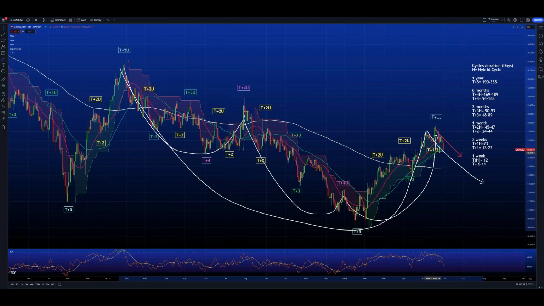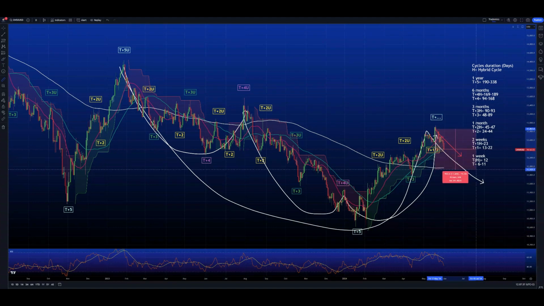Because in order to generate a T plus 5, we need at least a T plus 3 duration, so between 48 and 89 days, lower to the top from which the upward cycle has started. Therefore, we might expect a downward trend for the next month at least. And 48 days, which is the minimum required,